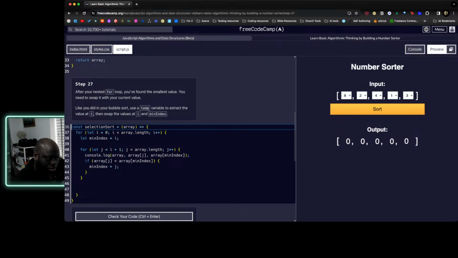So after your nested for loop, you found the smallest value. You need to swap it with your current value. Use the temp variable to extract the value at i, then swap the values at i and the minimum index. Okay. So once we have